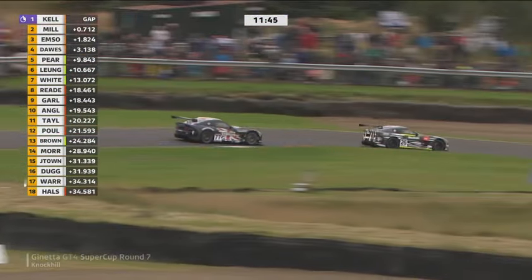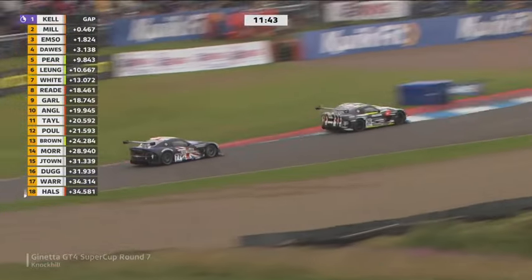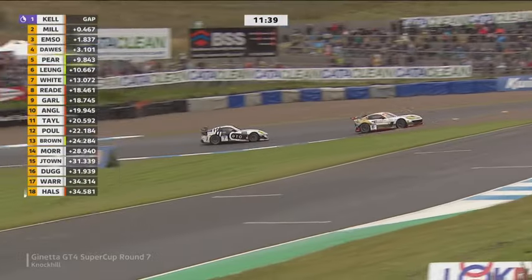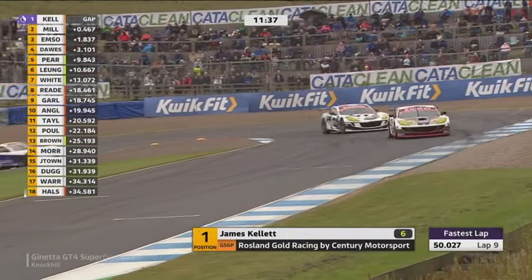And Blake Anglis tucked in there in 3rd position. He has for company James Taylor for Team Hard Racing. So 3rd and 4th not yet decided. Update on the race